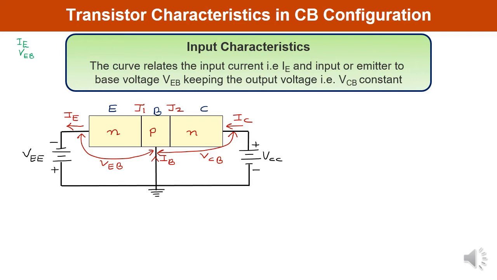And the input voltage and output voltage terms I have told you. The directions of currents have also been drawn over here, and in this case you can observe that two junctions have been formed. One junction, which is denoted as J1, is between the N and P, meaning between emitter and base, and the second junction, denoted as J2 over here, is between the base and collector terminal. So you can observe this transistor, which is emitter base collector, as two diodes connected back to back.